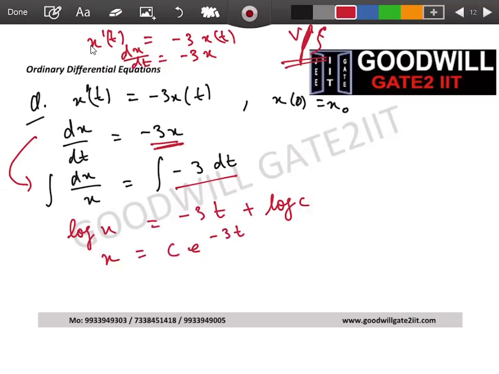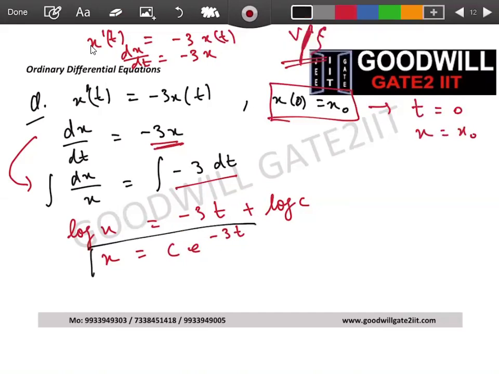Now this is our general solution, but here we are also given one condition, that x at 0 equals x naught. What does this mean? This means that when t equals 0, x will become x naught. So now just substituting that in our equation 1,